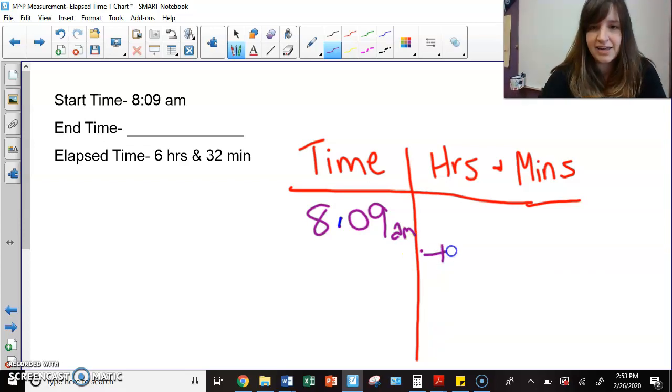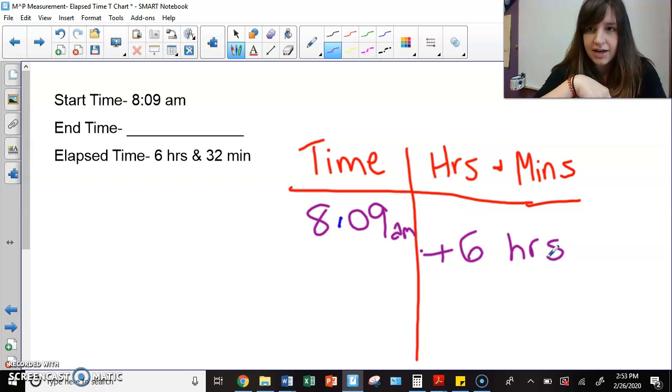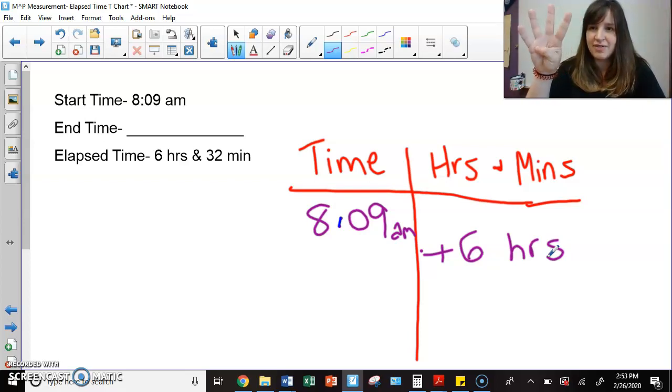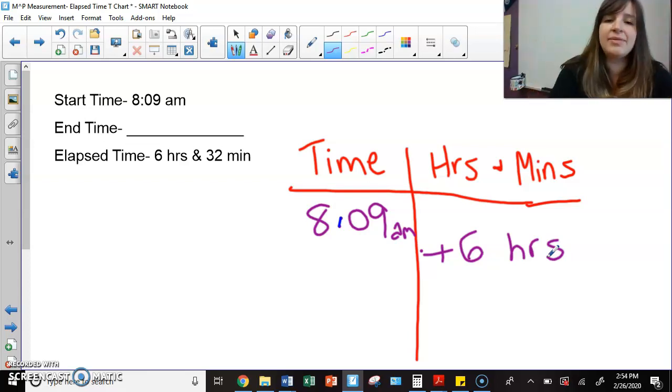So I'm going to add 6 hours, okay? 8 o'clock plus 6 hours, I'd have to cross. I can't just do 8 plus 6 because that would equal 14, and that's military time. So if I'm using our standard clock, we're going to go from 8 to 9 to 10, 11, 12 o'clock, 1 o'clock, 2 o'clock. So I would end at